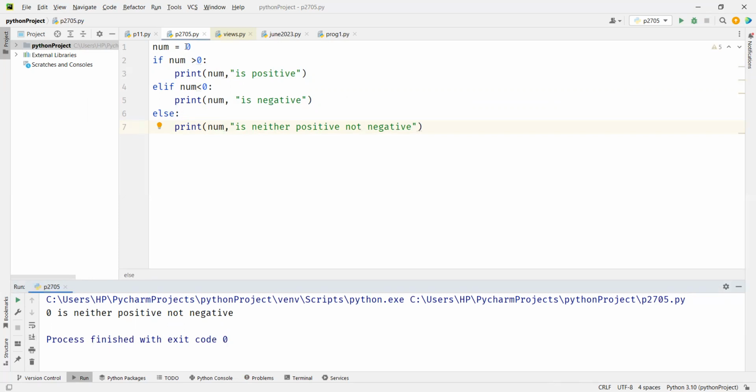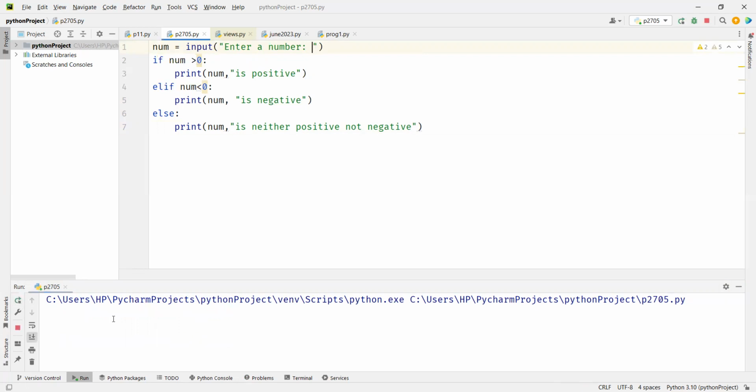So instead of num, let me use what we learned yesterday, input, right? What is input? To enter the value from the user, get the value from the user. So I say enter a number, right? Now if I run it, will it work? Will it work? I say 5,